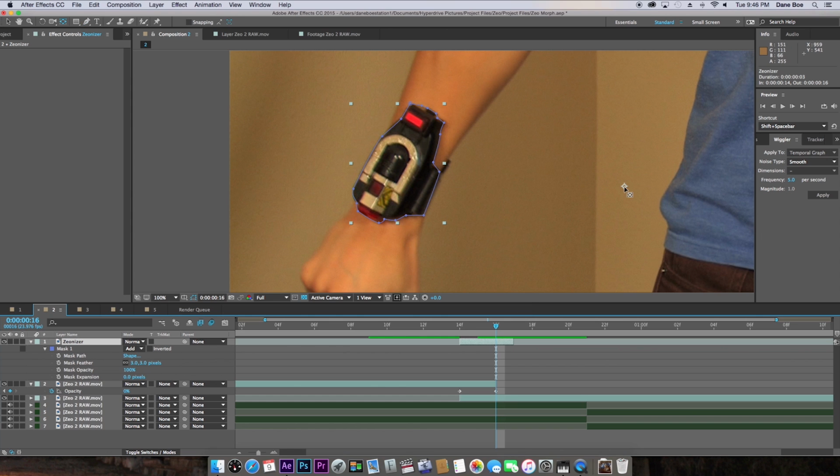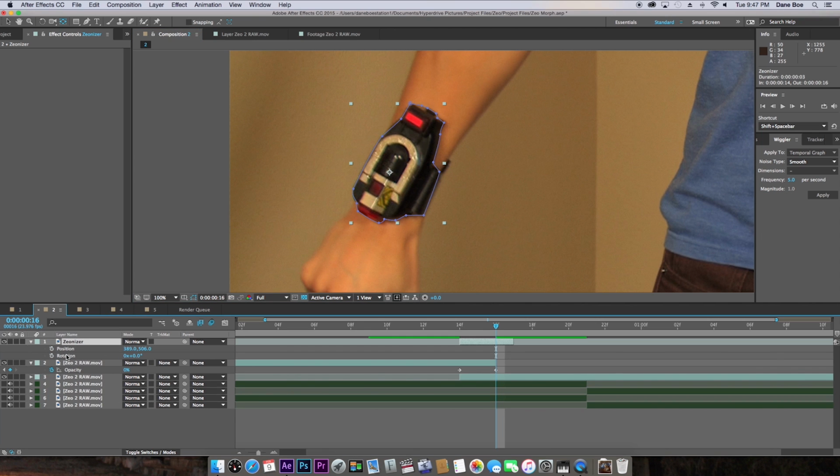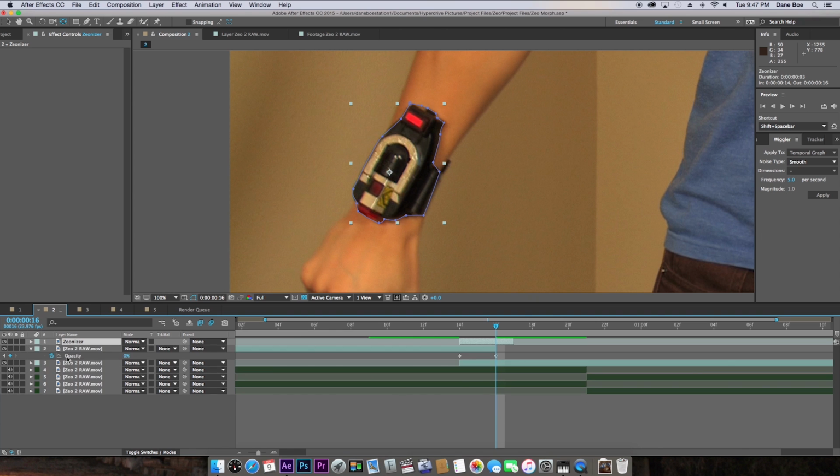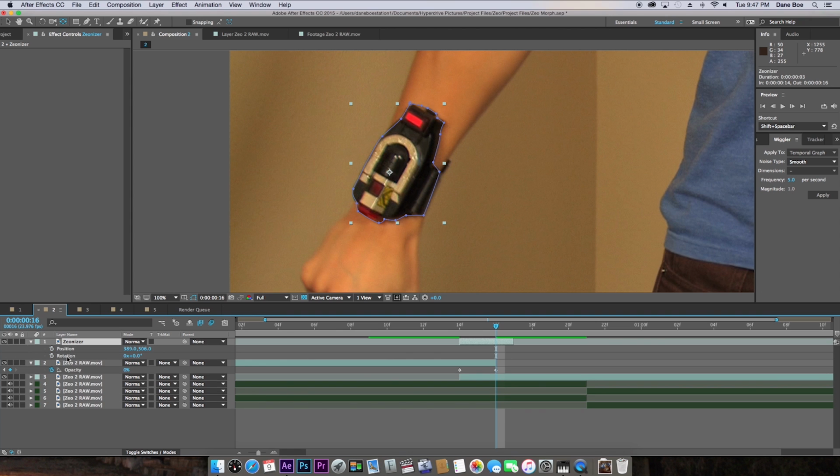We're going to grab the anchor point, and I just hit Y on the keyboard to toggle the pan behind or anchor point tool. And then we're going to drag it right smack dab to the center of our layer. And then we're going to hit P and then Shift R, and Shift lets you hold up multiple properties in your timeline. So I could toggle opacity if I wanted to, instead of just saying one at a time. So P, Shift R,